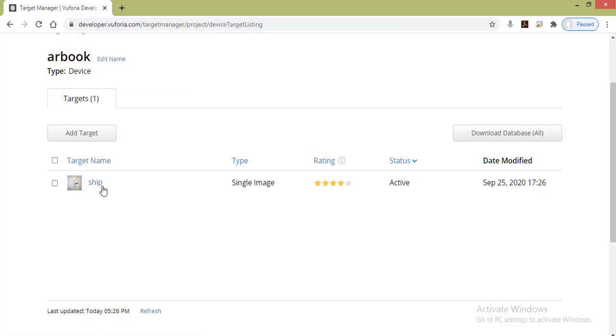As you see, my ship image has been given a 4 rating. So now I'm going to add all of my images.